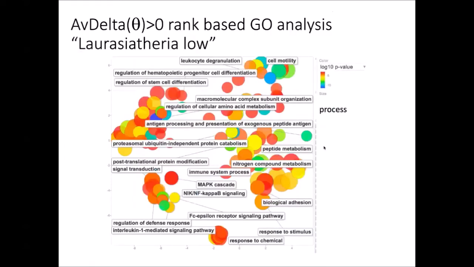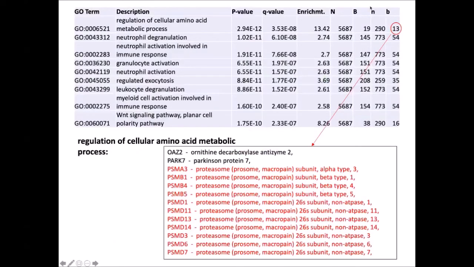So you then take the genes that have this Laurasiatheria-low characteristic and ask what the functional gene ontology categories are, and you get a whole lot of different things, from signaling to cell motility, hematopoietic proteins, all kinds of stuff. So it's really hard to make any rhyme or reason out of this collection of gene ontology terms, until you actually, I don't know whether I can move this